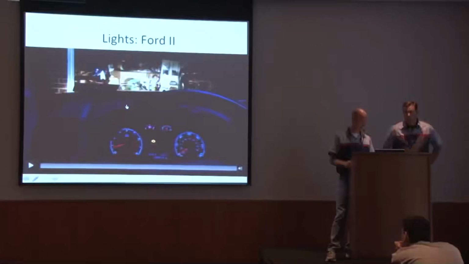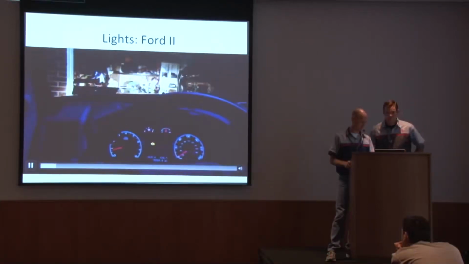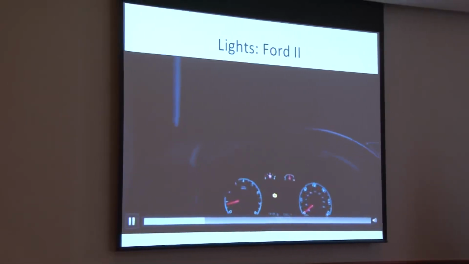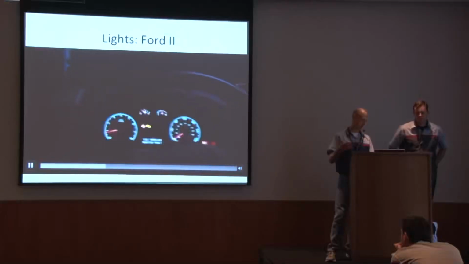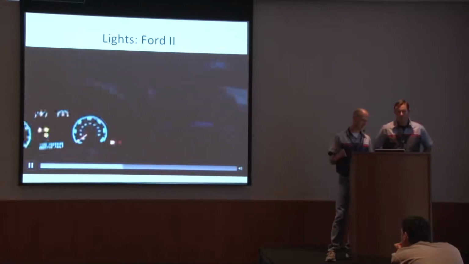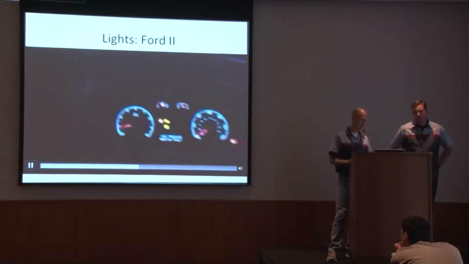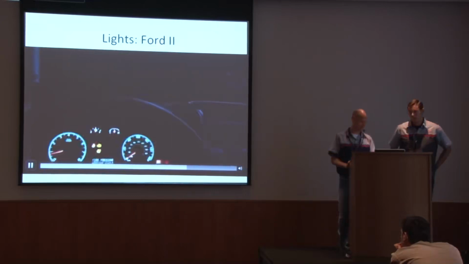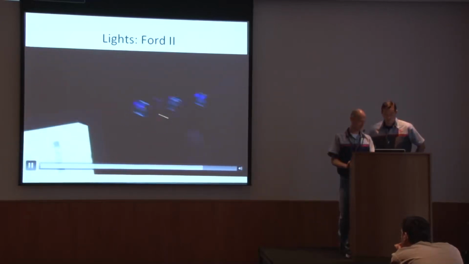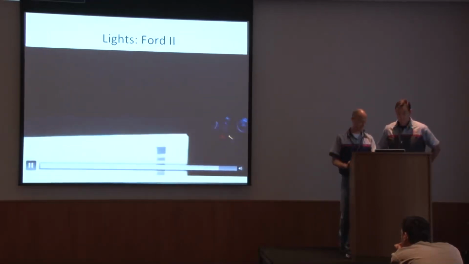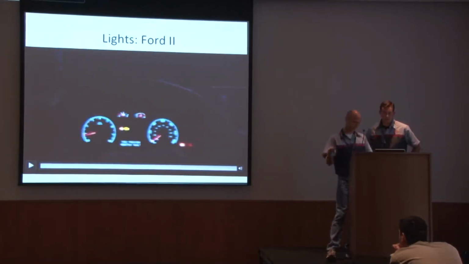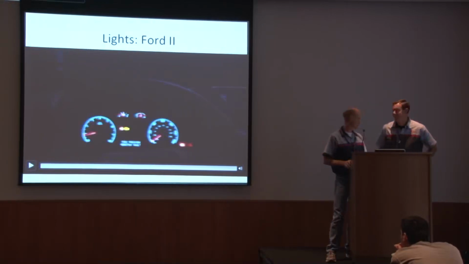Here's a video, I think, about DOS this time. So anyway, I send the packets, and then the interior lights are on there and the speedometer, but the outside lights are off, and the air conditioner doesn't work, the radio doesn't work. You'll see I open the door, but the dome lights don't come on. I'm pressing the button, and none of the lights are on, including the brakes. So it's sort of a bummer. Oh, and I can't get it out of park either, which is sort of funny because it's disabled the thing that makes sure that you press the button to get it out of park, and so I'm totally stuck.